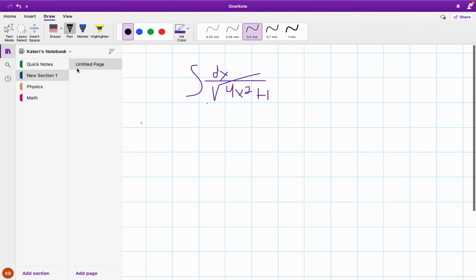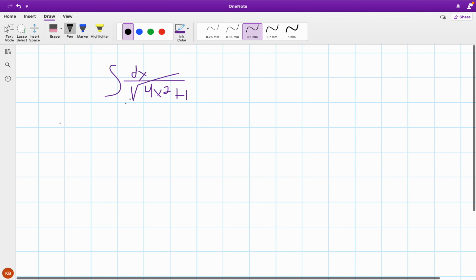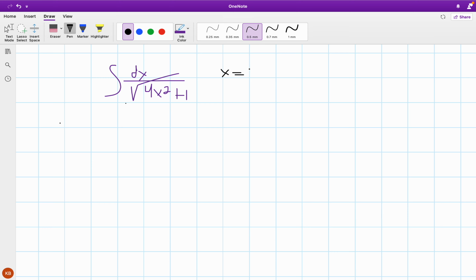The problem of the optional exam was finding the integral of dx over the square root of 4x squared plus 1. The method we use for this problem is trig substitution. And since it's a positive x coefficient and a positive variable, our x is going to equal tan theta. But since we have a 4 here, the best way to cancel it out is to make it tan theta